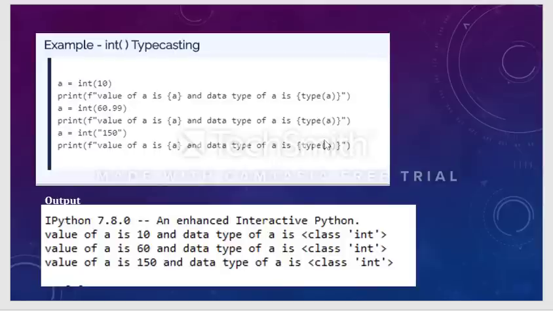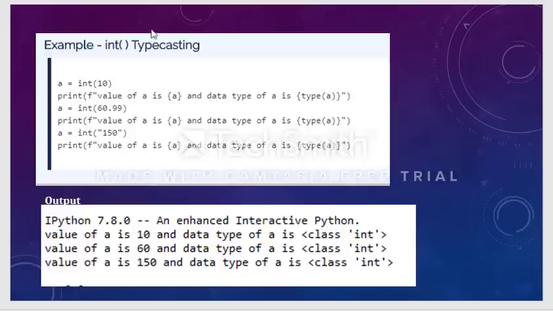So a is equal to int of 10. What I want to convert is the value 10 into an integer. There is no need to convert the value 10 into an integer, because 10 is already an integer. But still he tried to explain that.